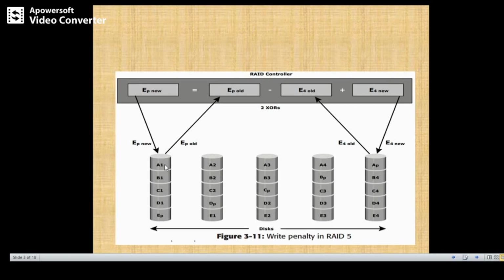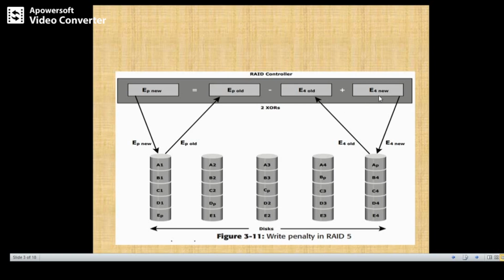Suppose here for the first disk, initially we are having the RAID controller. The RAID controller has the value of EP old, and initially the RAID controller will read EP old as well as E4 old data. After reading these two, it will compute the new parity.